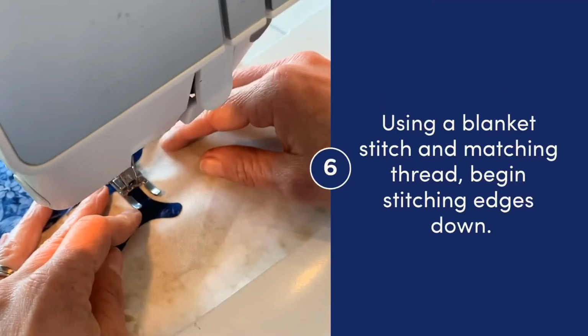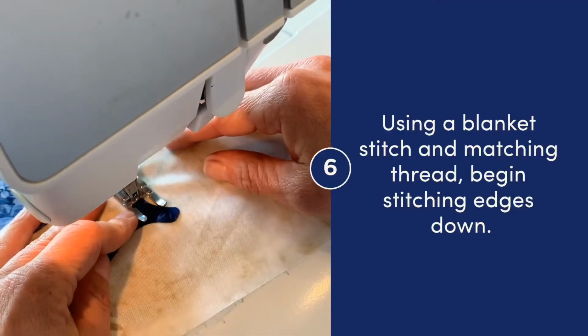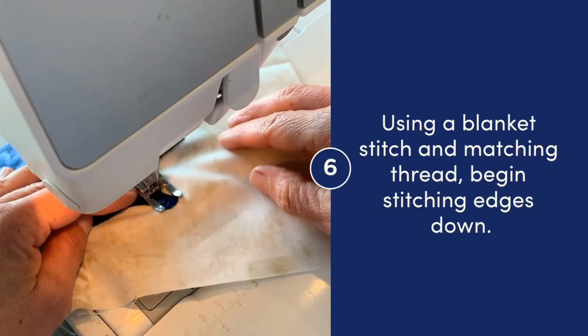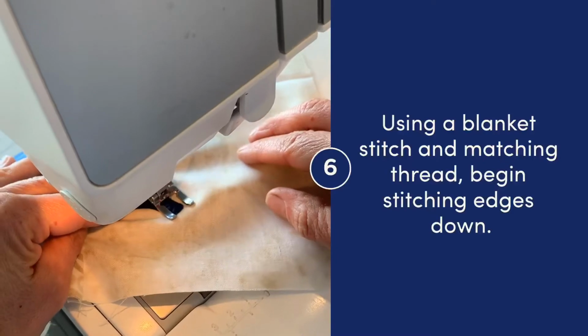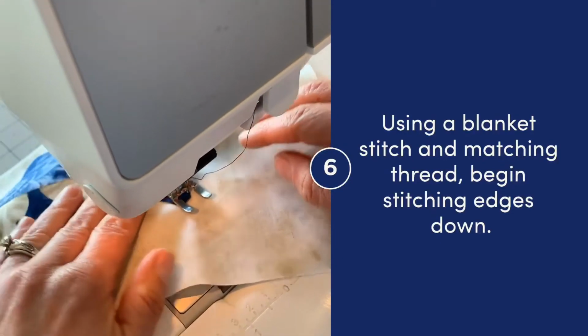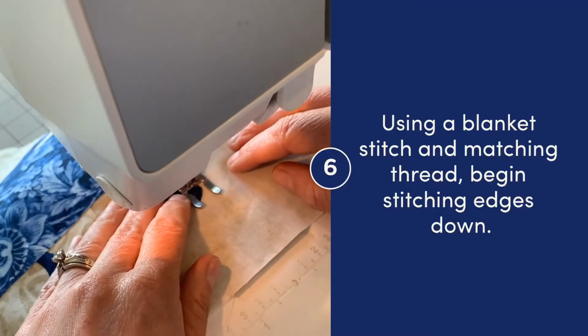And you're going to follow that right around the edge of the applique, just catching right at the edge of the blue applique. And when she gets to a corner, she's going to stop and she'll have to do a pivot. Take a couple of stitches,